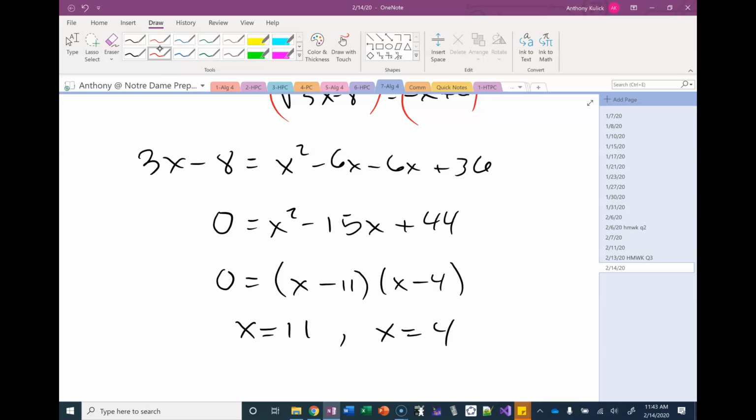But I still need to check these. The 11 will not check out, but the positive 4 does. Is that okay there? Do you need to see the checking or anything? Are we okay with that? Sure. Yeah, so when we check this,